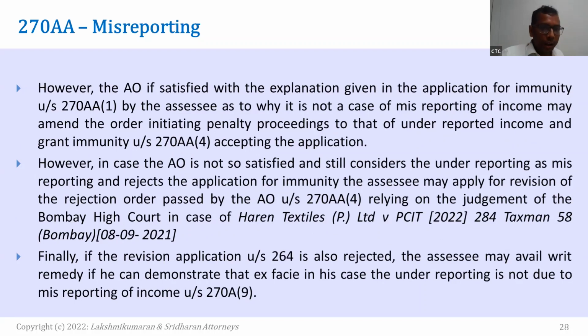Even the misreporting and underreporting is another practical issue that we are facing. The assessing officer initiates penalty proceedings for misreporting as well as underreporting. In the course of penalty proceedings, you can argue with him and say that you can levy only 50% penalty because it is underreporting, not misreporting. But the consequence of him initiating proceedings for misreporting will bar me technically from applying for compounding under this section. How to resolve that? We don't have answers yet.